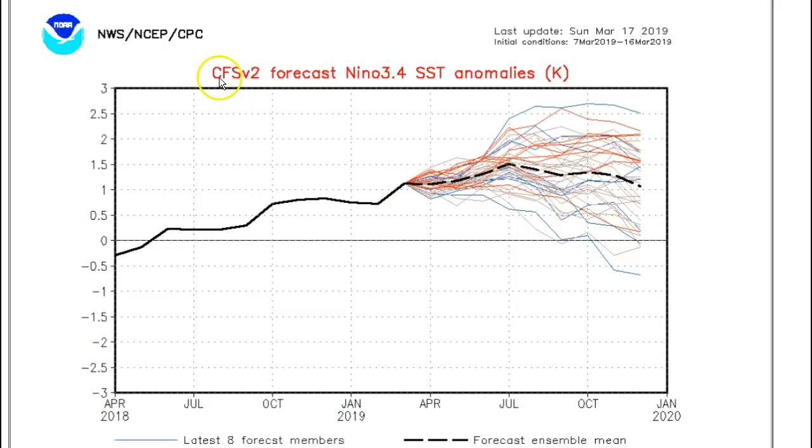And then finally, the forecast from the CFS version 2 model. Sea surface temperature forecast for the Nino 3.4 region, the official El Nino monitoring region. This is ocean surface temperatures between the area from south of California out to about the date line. And you can see the trend here. Sea surface temperature is steadily creeping up from weak La Nina. It was actually 2017. 2018 got us to a neutral year, and maybe a little bit more, which it did, into weak El Nino territory. Here's where we are today, supposedly 1 degree above normal, a little bit more,